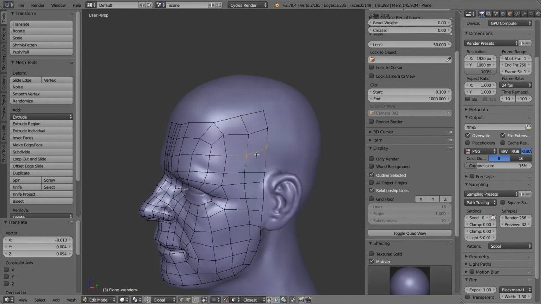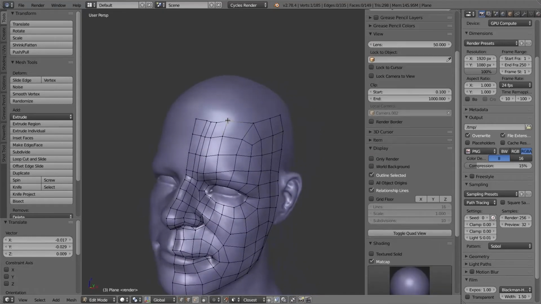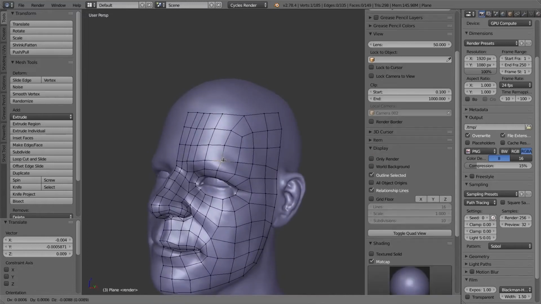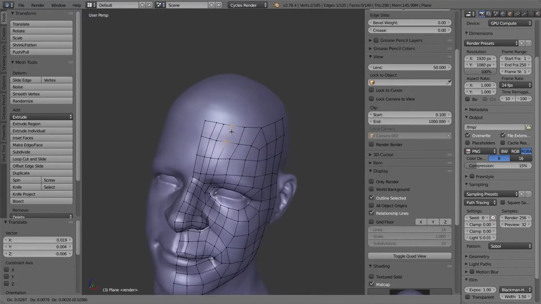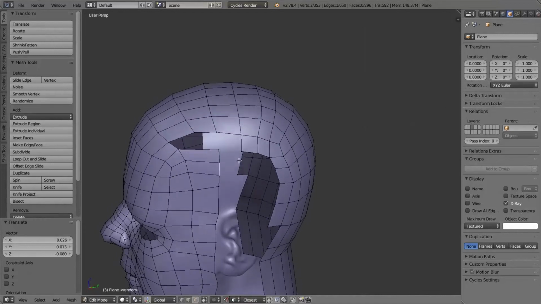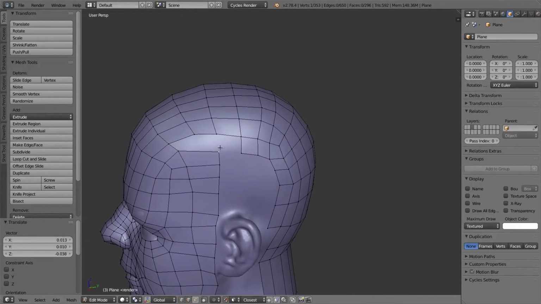So as I said, everything that I'm doing here, I'm doing it with my retopology add-on. So it supports merging and cutting and tweaking and all sorts of things. That's quite handy.